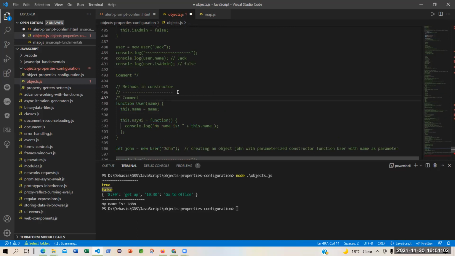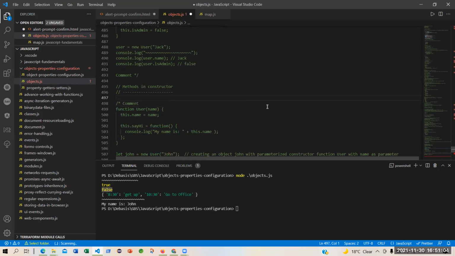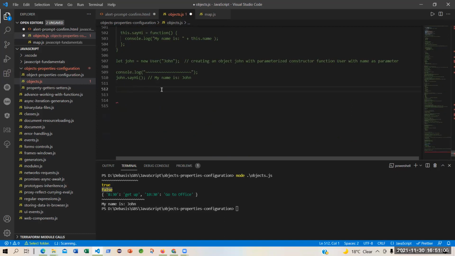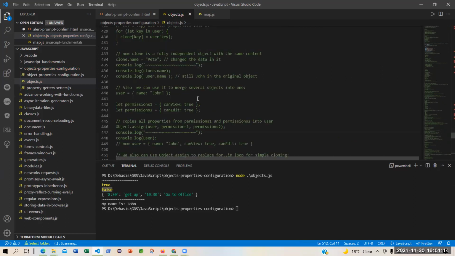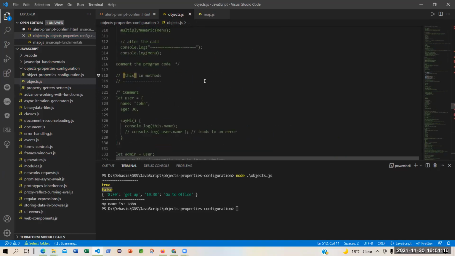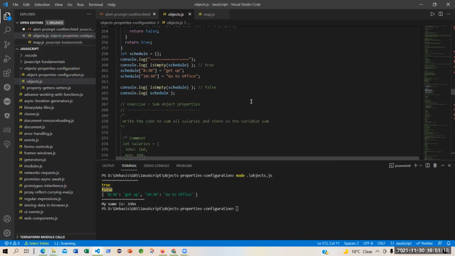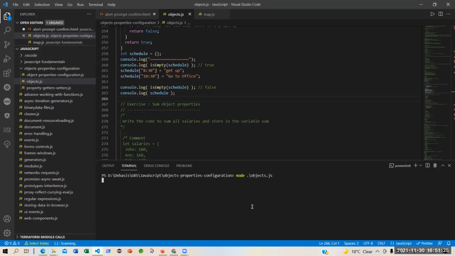We have to cover a lot of things, so just be patient. Okay, and we say fine. Let me run it again. So we are getting true, false, and this is the object, entire object.